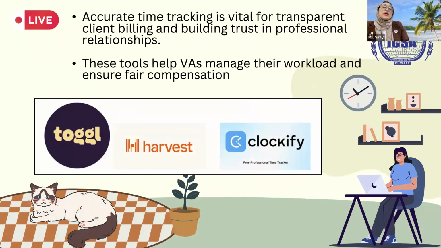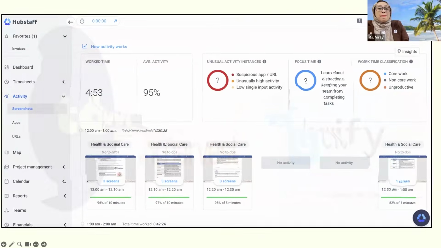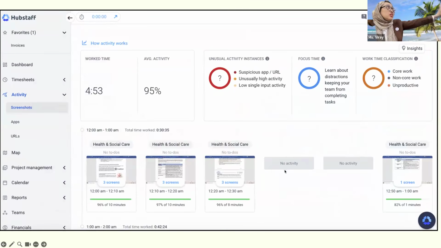Same thing also with Hubstaff. Okay, so this is how Hubstaff work. You can see here. So we have here a screenshot taken by the software. Kita nyo yan? So merong screenshot being taken by the software sa screen of our employee. So we know what are they doing, at what time, see?